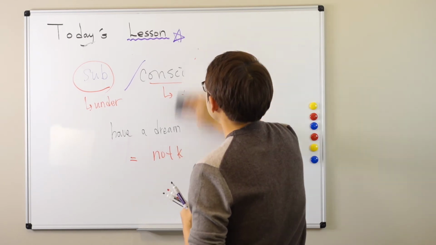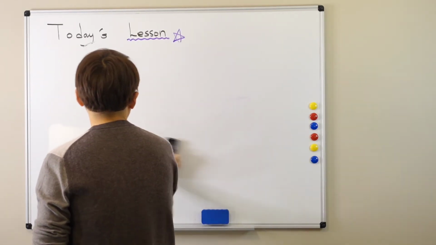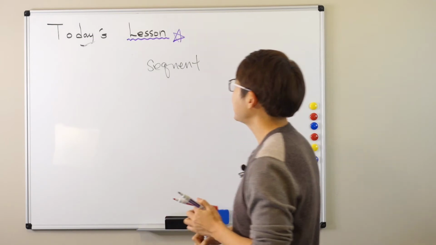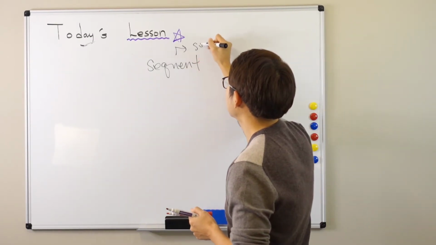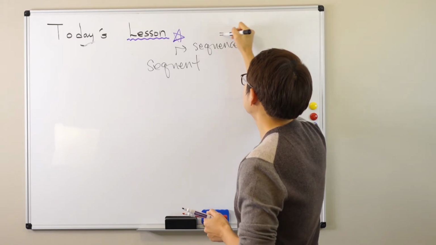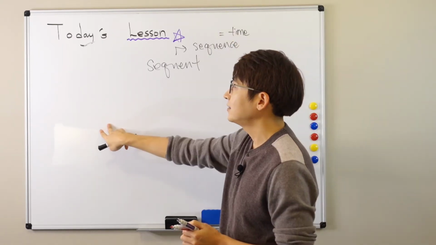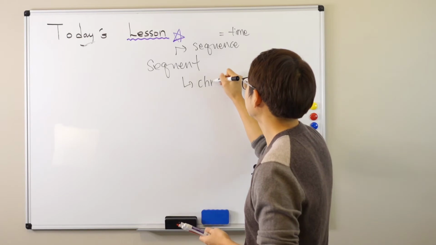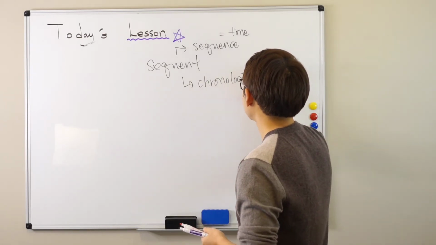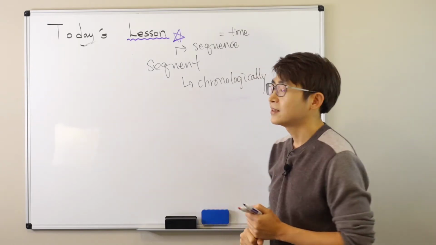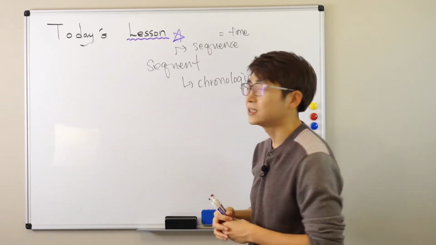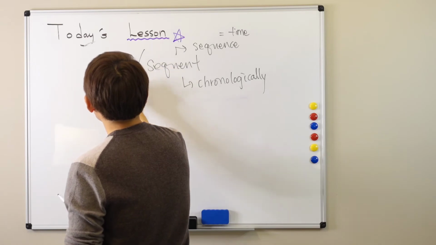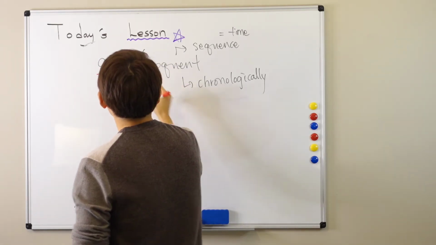The next example I want to do today is sequent. And this one comes from the word sequence. Basically, sequence means time, happening one and next and right after that, so happening chronologically. So something that is happening as time passes by. That's what sequent means. And we use the word sub in front of this one. And here, this one is secondary. So subsequent